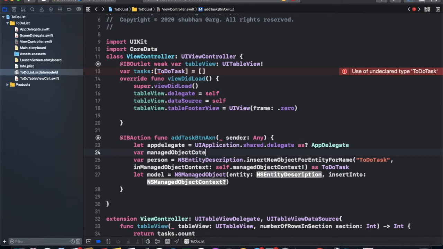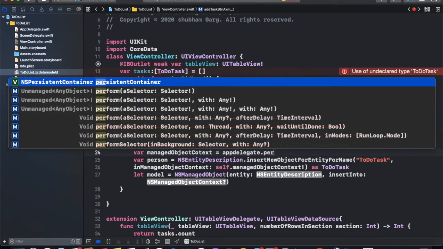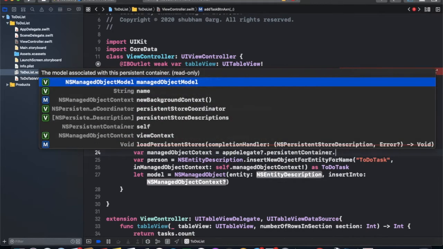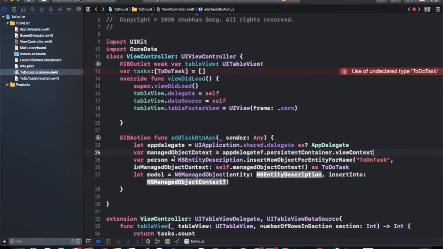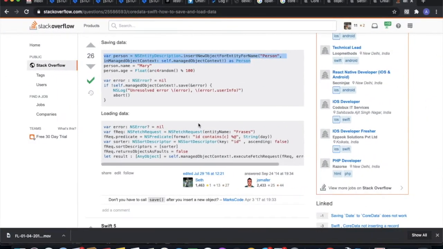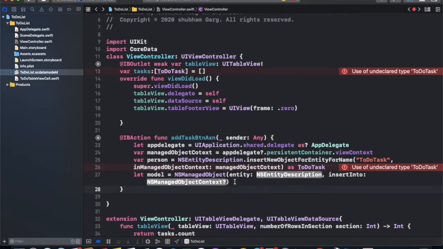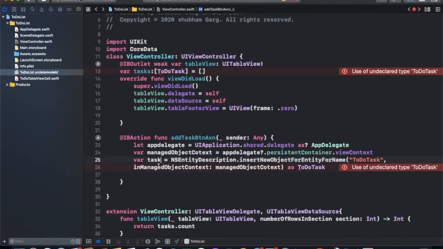We got it from app delegate, persistent store coordinator, container, view context. Set this. This is our task.